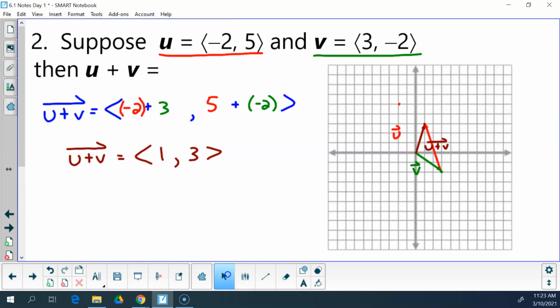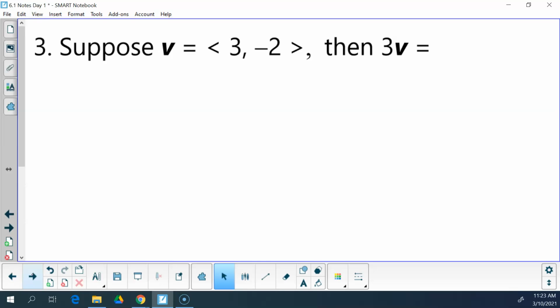Okay? So if you're adding vectors and you're graphing them out, you can extend them out and just go one right after the other. So you could plot vector U and then plot vector V from the head of vector U, and that would give you the vector U plus V. Or vice versa. That works out. Kind of cool. Okay? Or you can just do it the algebraic way and just add the horizontal components and add the vertical. Okay?